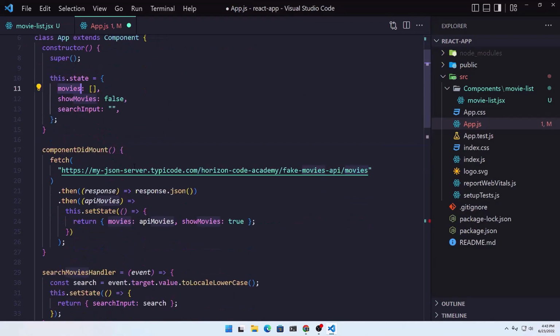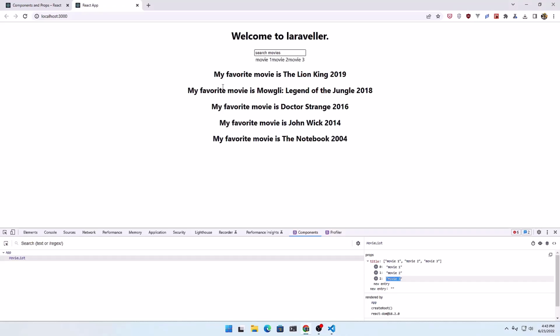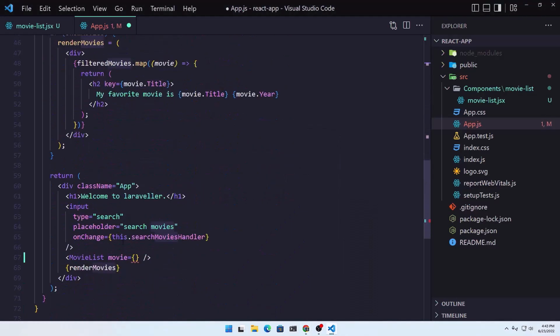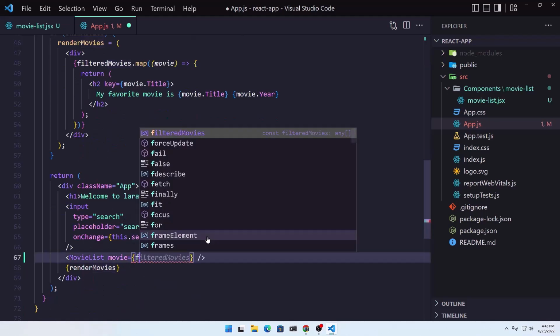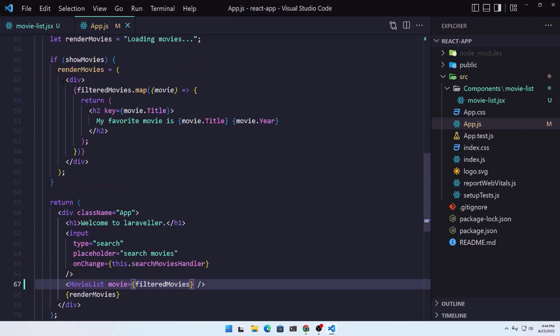state here, because we need to filter them also. So we need filtered movies, and let's say here filtered movies and save. Now let's go, but before we go there, let's copy this, because we are going to do